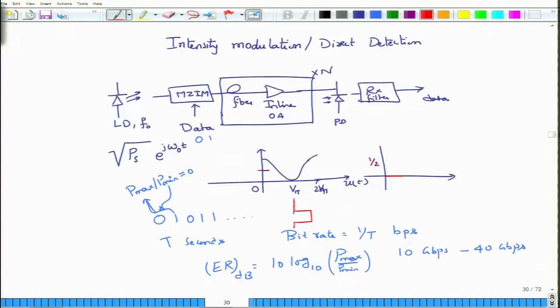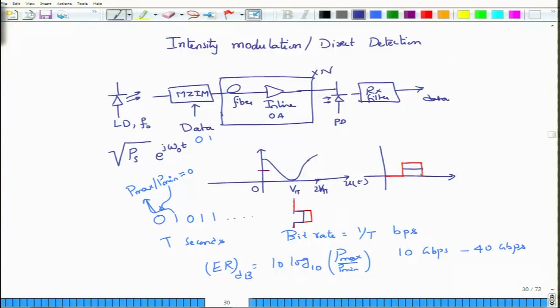Okay. So your input is actually switching between V pi and 2 V pi. This is one way of implementing this binary modulation, and as you can see, when the output voltage amplitude is 2 V pi, then the output power will also be maximum. So it won't be half, but it would be maximum. Finite extinction ratio means you are going to reduce the amplitude here. So instead of going all the way up to 2 V pi to obtain the maximum, if you were to just go to this height, you apply an amplitude which is lesser than 2 V pi, then you will be seeing an output which would be lesser.